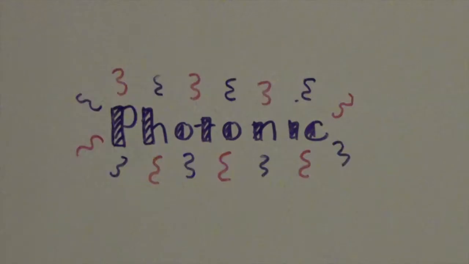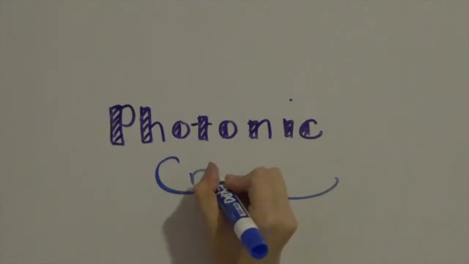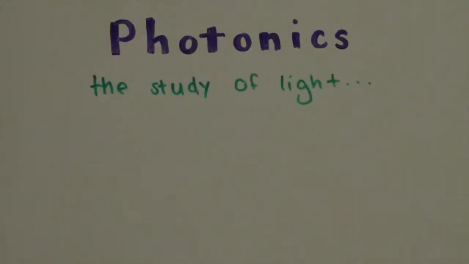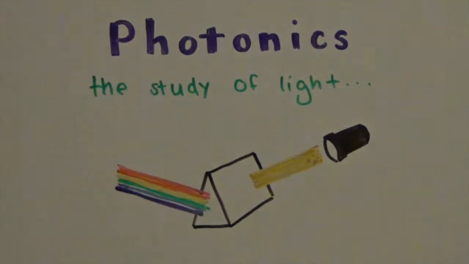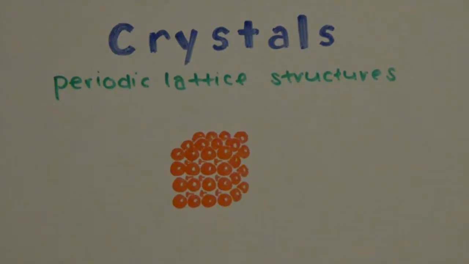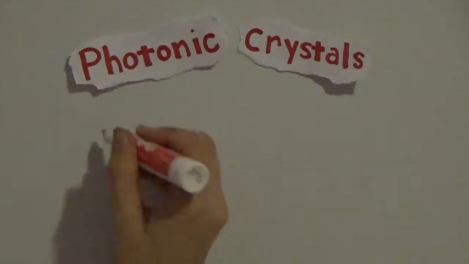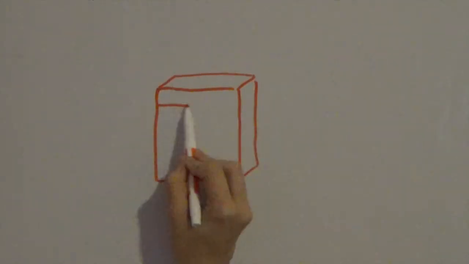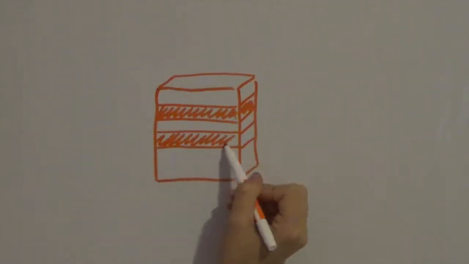Today you're going to learn about the physics behind photonic crystals. Photonic crystals are comprised of two basic concepts: photonics, meaning the study of light, and crystals, which are periodic lattice structures. Therefore, photonic crystals are defined as periodic structures that have bands that forbid the propagation of certain frequency range of